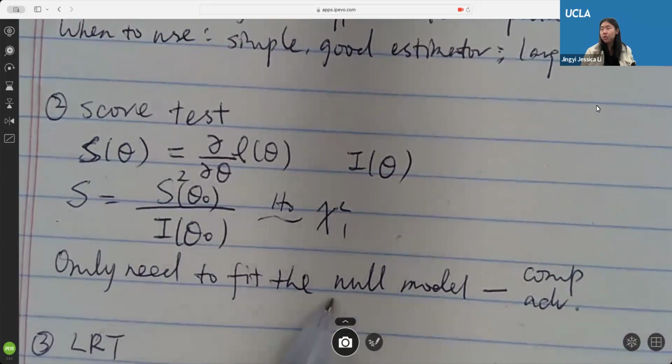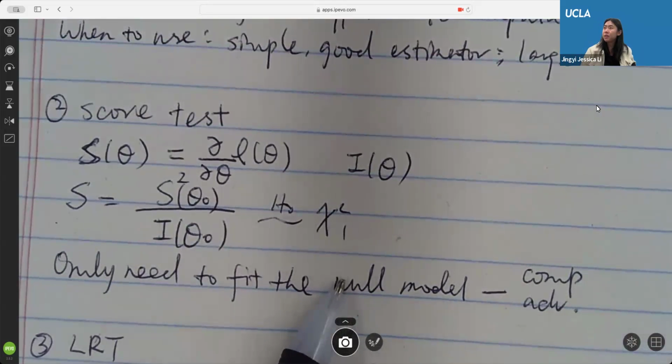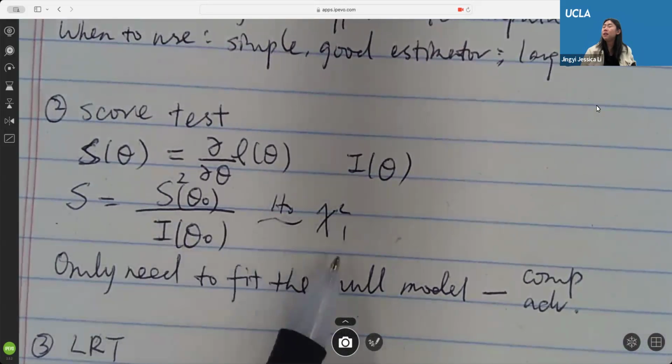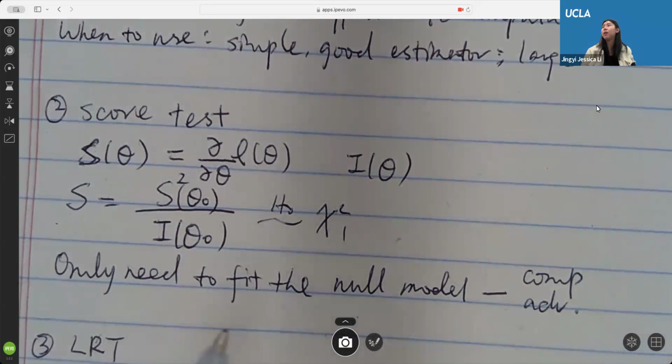So the short answer is, for the score test, when we just fit the null model, we just put the parameter of interest theta to its null value, theta 0, and estimate the nuisance parameters by MLE. So we maximize the constrained likelihood. It's called the restricted likelihood. It's called restricted MLE, meaning that we restrict our parameter of interest to be theta 0 and maximize the likelihood